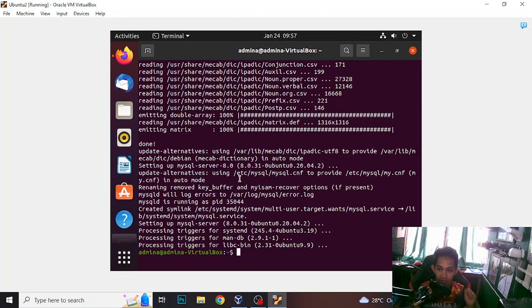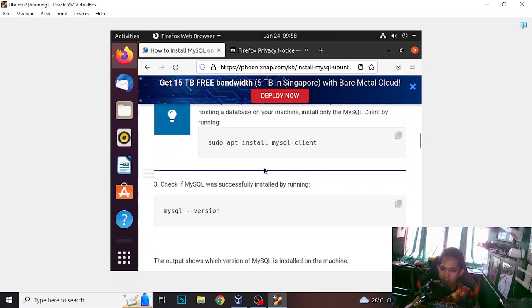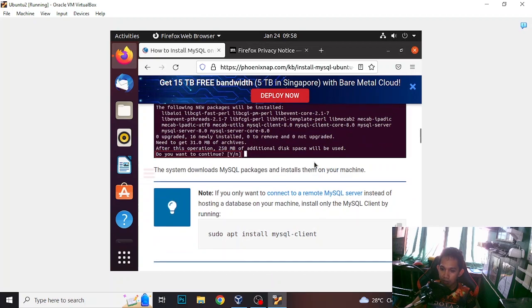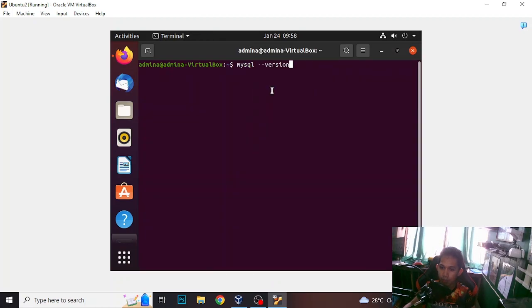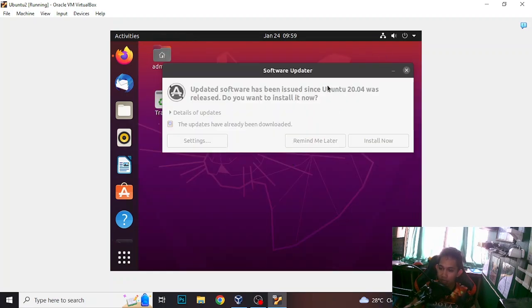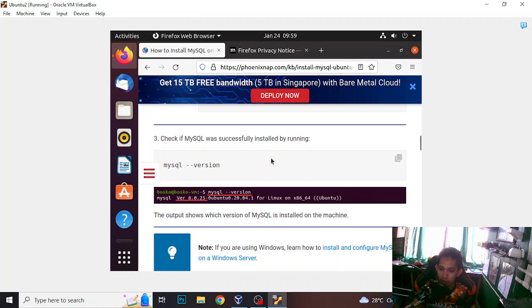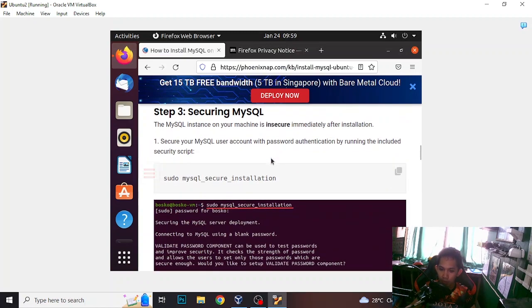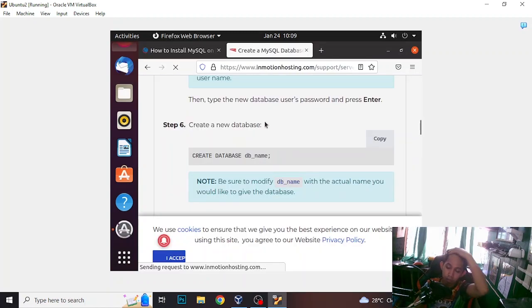We have already installed our MySQL server. Our MySQL server is version 8.0.31 for Ubuntu on Linux. Okay, now we have already installed our MySQL server. So next,